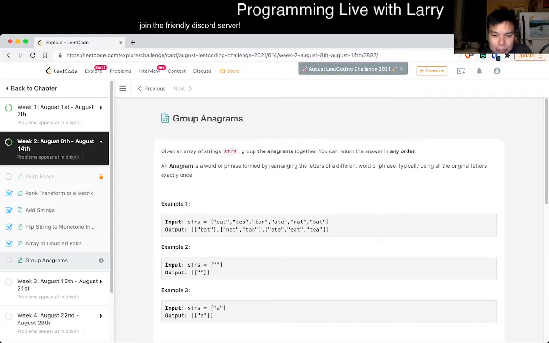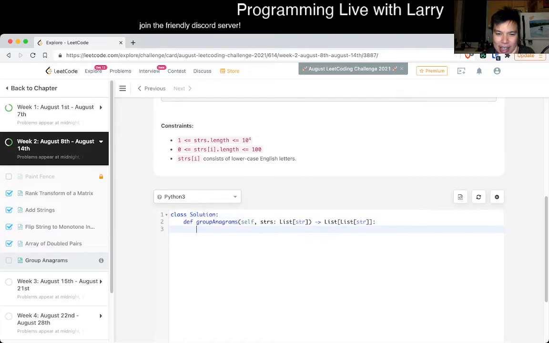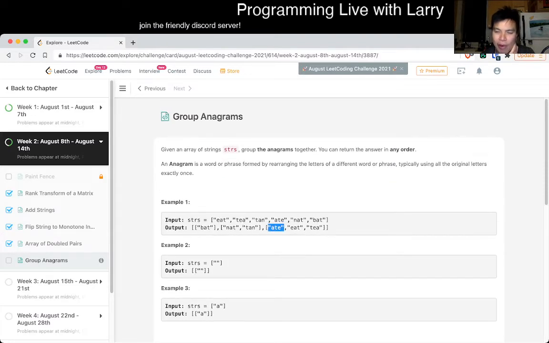In this case, there are a couple of ways you can do this. You can group them by, say, the frequency map we mentioned earlier. For example, we look at this and go, okay, there's one A, one E, one T, and here it's also one A, one E, one T, so we put them together in the same bucket. That's basically the idea. I'm going to do it the lazy way, which is just sorting the characters in an array, because that's another way of having the frequency table. That is going to be slightly slower than putting it in a hash table or a counter table, but